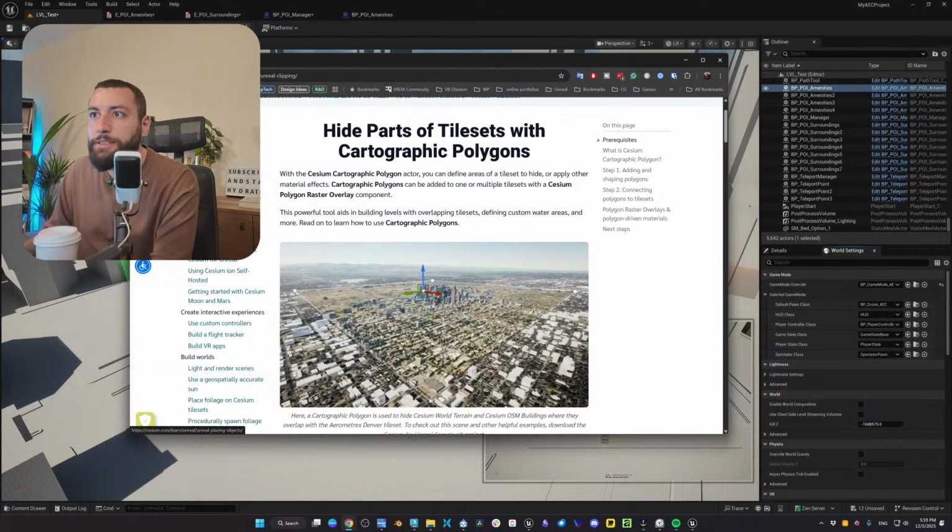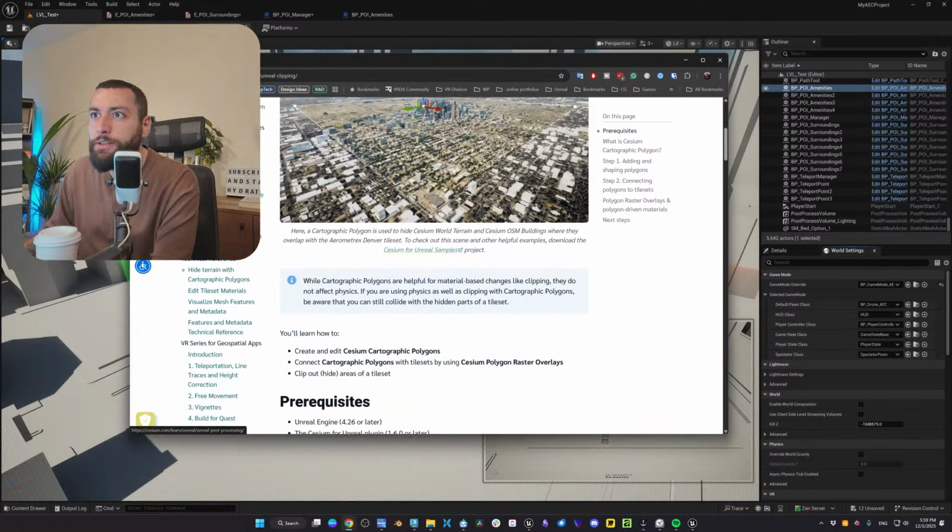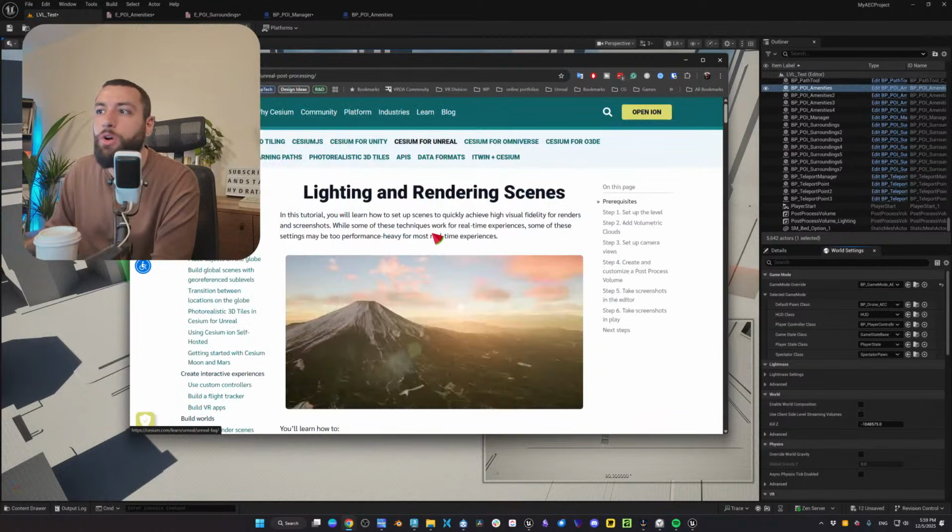Adding data sets, placing objects on the globe, building global materials, georeference sublevels, transitioning, photorealistic, build worlds, render light and render scenes. I don't think so.